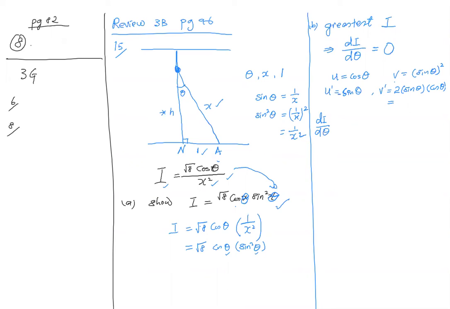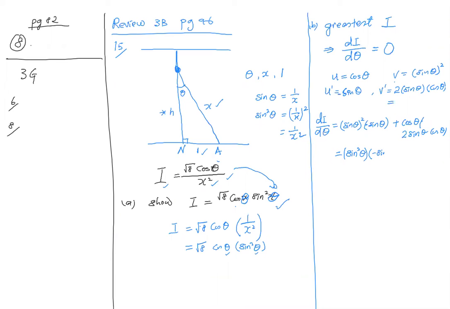Don't be too fast in changing the thing. Okay, v u prime, negative, plus u v prime. Okay, v prime is, I write below here, 2 sin theta cos theta. Okay, so we have sin squared theta